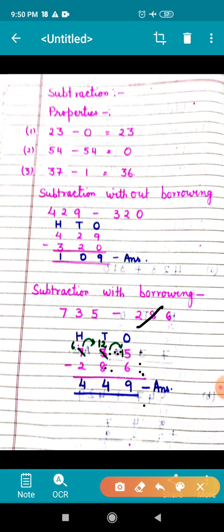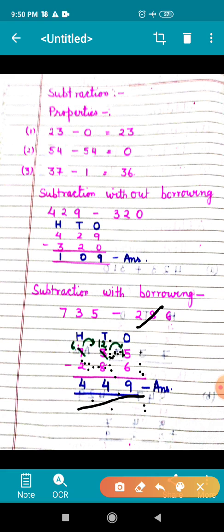Now come on tens place. Here 2. 2 minus 8, not possible because 2 is a smaller number. So this 2 will ask 1 from 100 place. Here you can see I have written 1 with green pen because this 1 comes from 100 place. So here it becomes 12. 12 minus 8, 4, and on 100 place because 7 has given 1 to tens place, here it is left 6. Now 6 minus 2 comes 4. So the answer is 449.